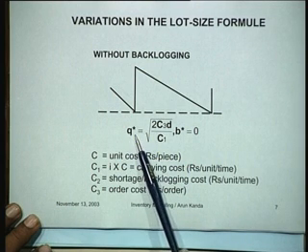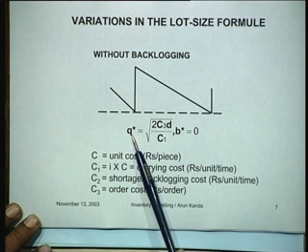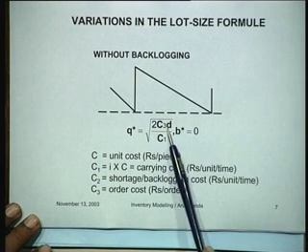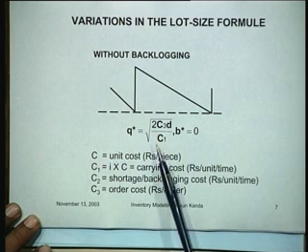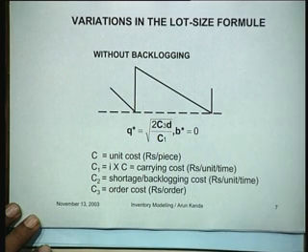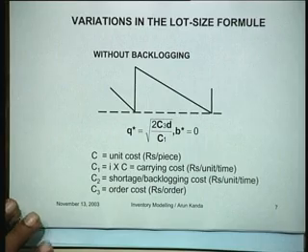So the so called economic order quantity is determined by 2 times C3 into D divided by C1 under the root, and of course the back ordering cost or the back ordering value in this case is 0. That is what it is.